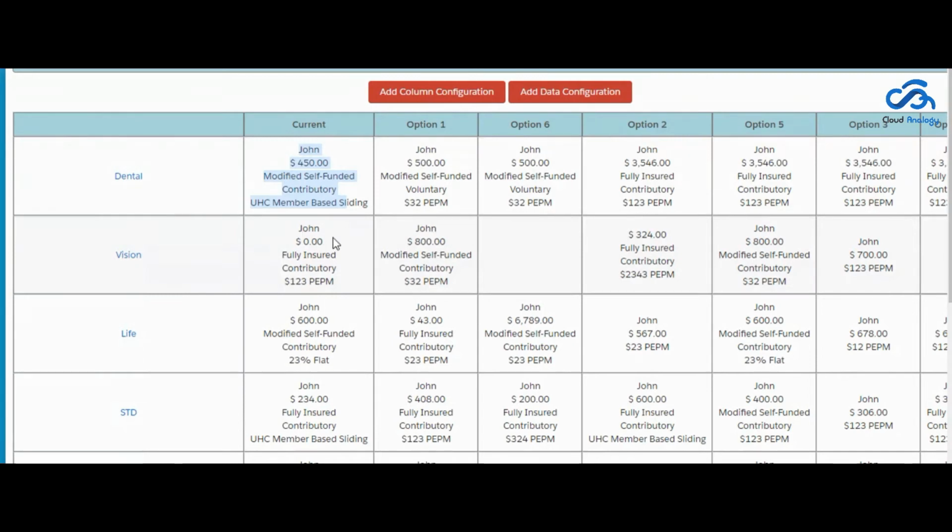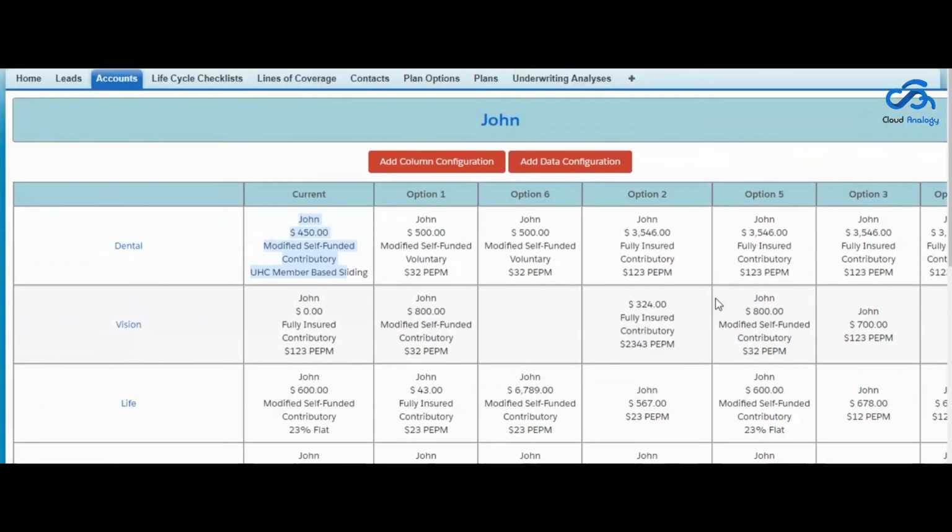I would like to add current column data, and we can customize it as per our view. I can configure any column as per my need, so in option 6 I will add the current data, in the current column I will add the option 1 data, and in option 1 I will add the current data.